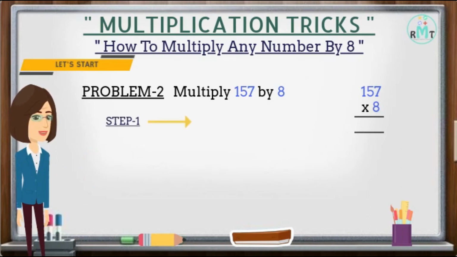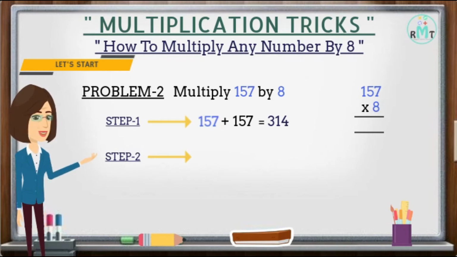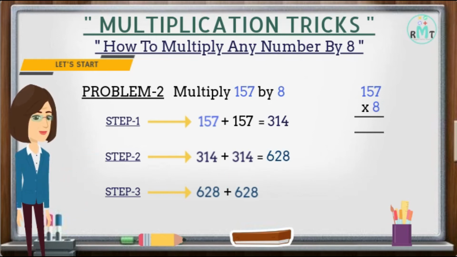Let's start. Step 1. First we will add the number 157 to itself, and we get 314 as the answer. Step 2. Now we will double the result which is obtained in step 1, and we get 628 as the answer. Step 3. Next we will again double the result which is obtained in step 2, and we get 1256 as the answer. Hence, the final answer is